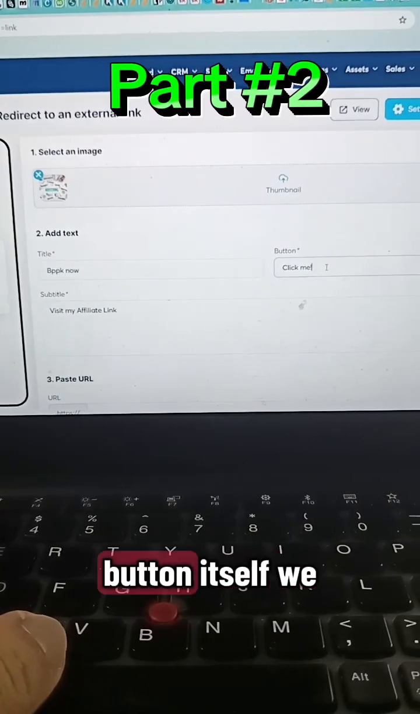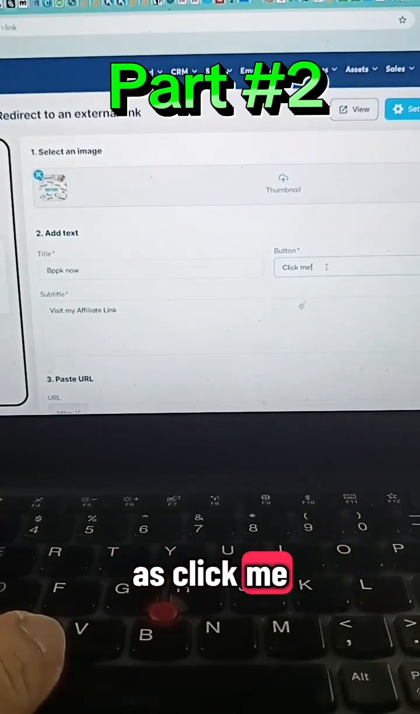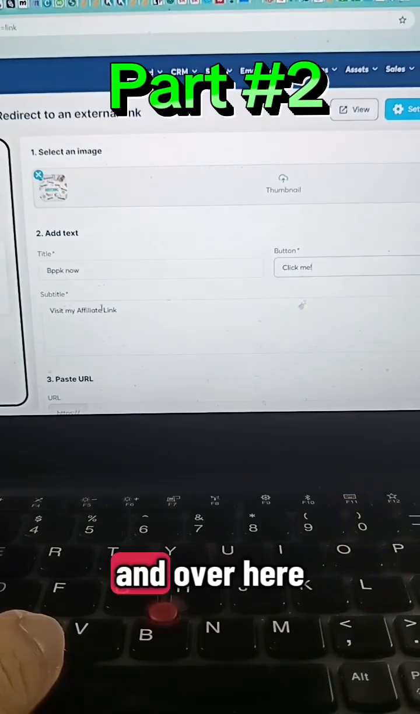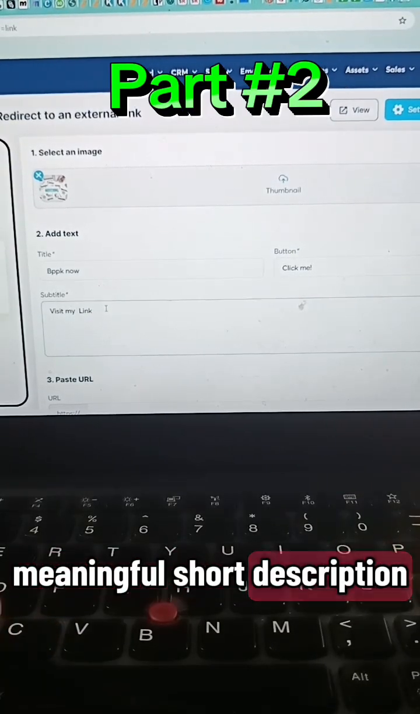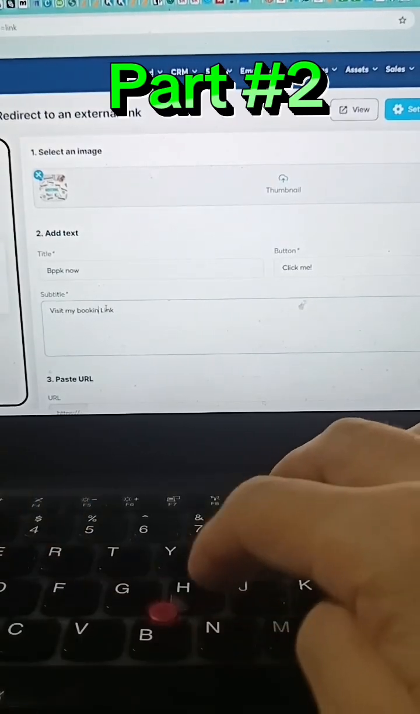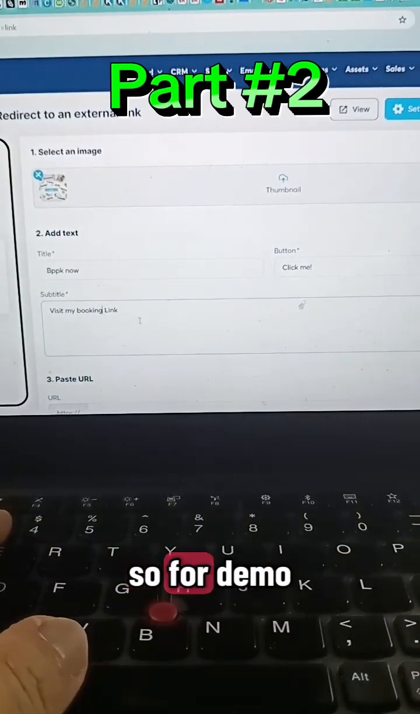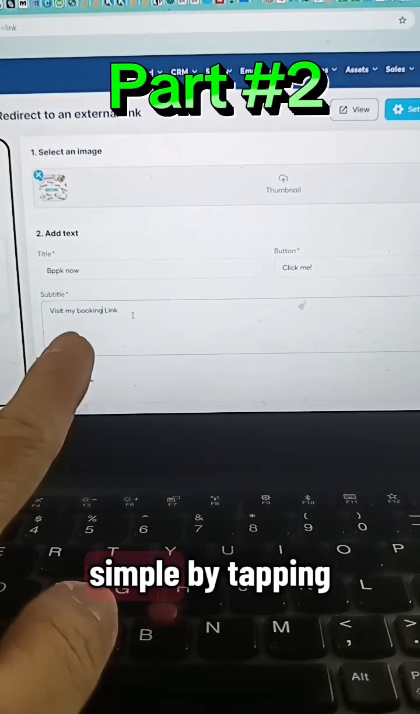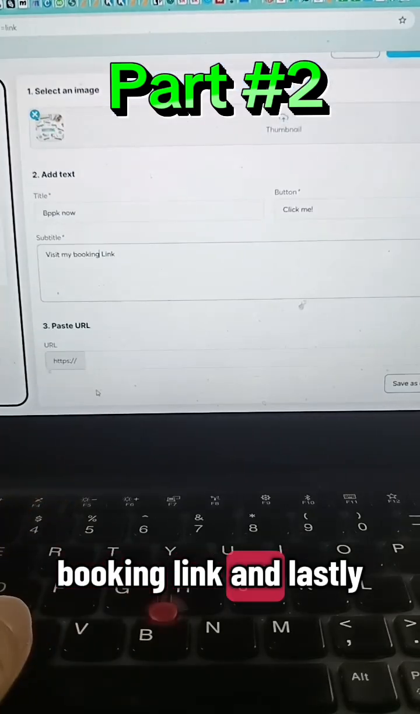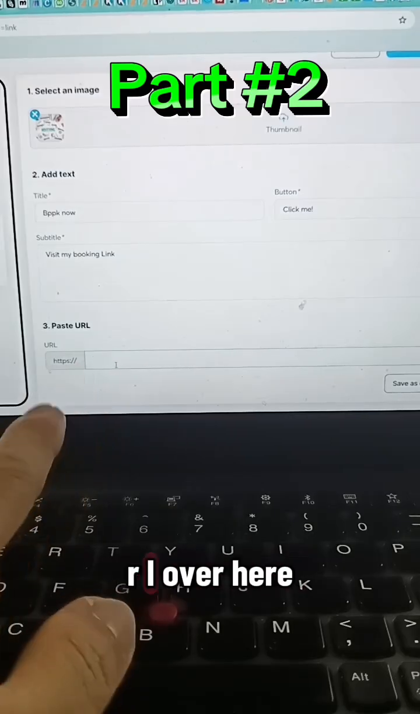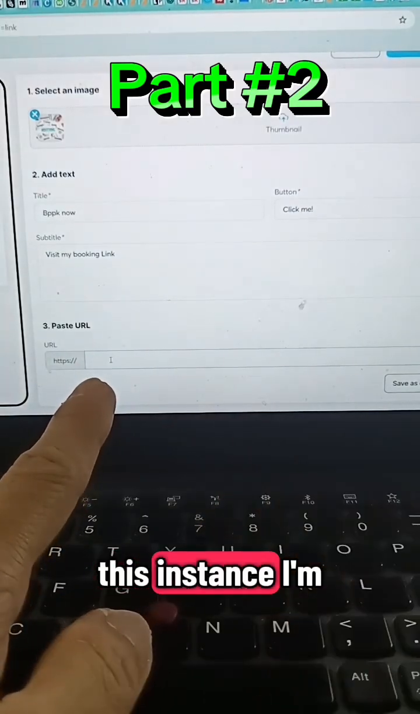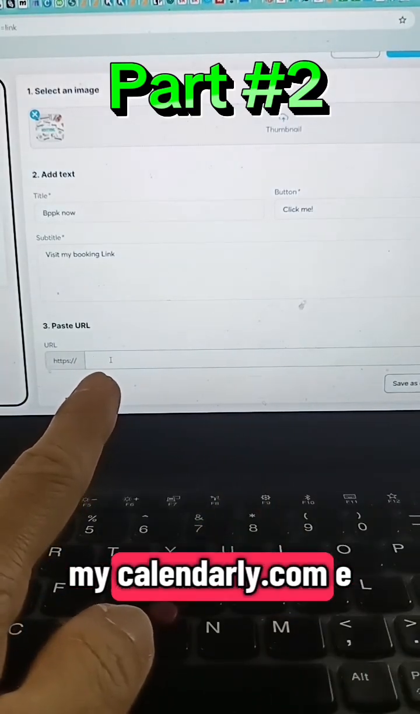And on the button itself, we can leave it as click me. And over here is a short description, right? A meaningful short description. For demo purposes, I will just keep it simple by typing in visit my booking link. And lastly, we will add the redirect URL over here, which for this instance, I'm going to use my Calendly.com